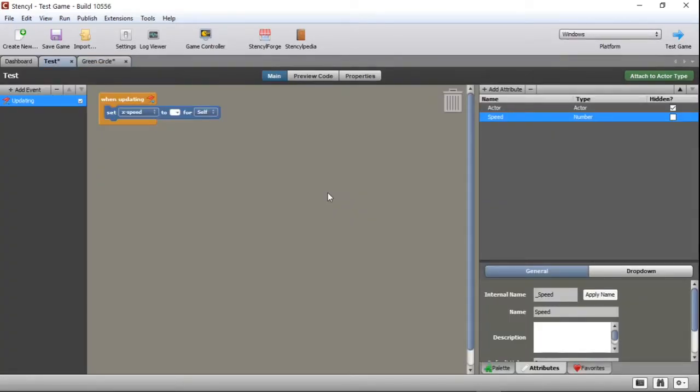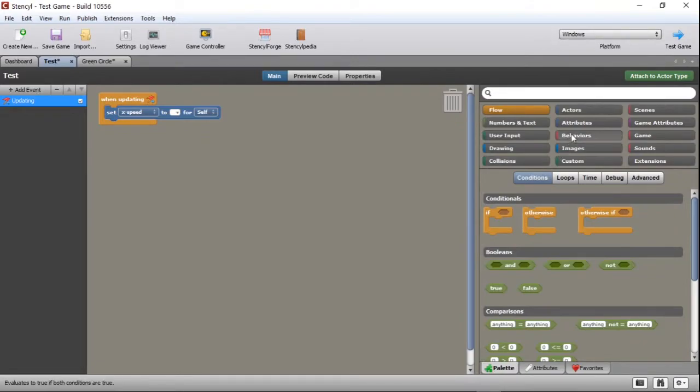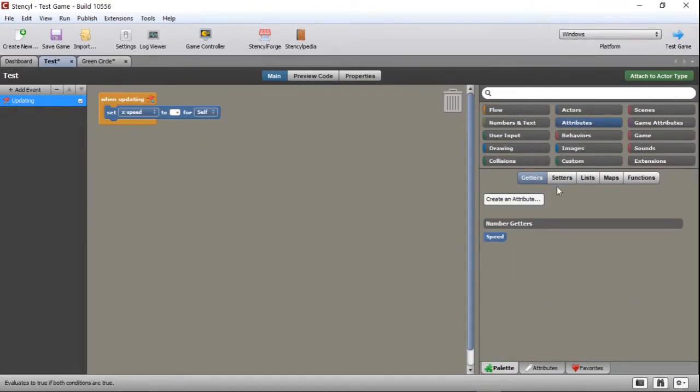Blocks for your attribute will appear in the Attributes section of the palette. Getters will return the attribute's value, used when you want to do something with the value of that attribute. Setters allow you to change the value of the attribute from within the code. When we say a block returns a value, it means it will use whatever value it is storing. In this example, if the value of the attribute speed is set to 5, using its getter block will return